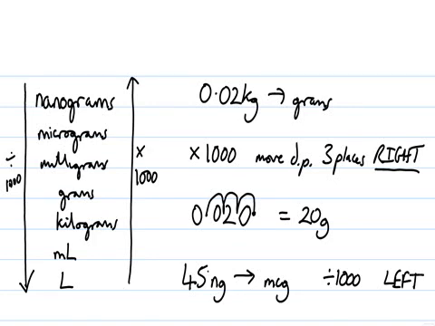In this number 45, the decimal point comes to the right hand side, as it does in any whole number. So we move 1, 2, 3 places to the left. Again, we need to put in a 0 in the gaps we have left, and this would leave us with an answer of 0.045, which is fine. However, you need to be more exact, and therefore we need to actually write down 0.045 micrograms, because you must state what number comes before the decimal point, and you can't just make up a number. So that's why it's got to be 0. So the answer to that example question is